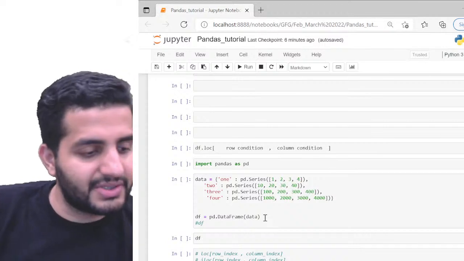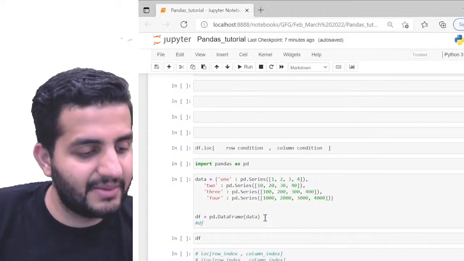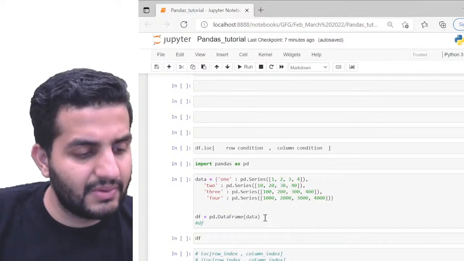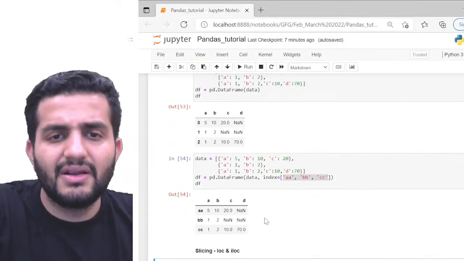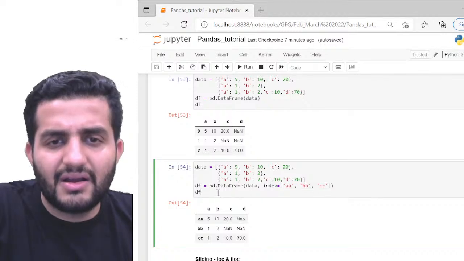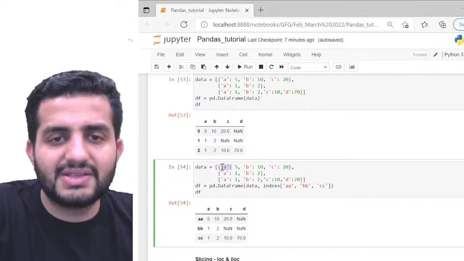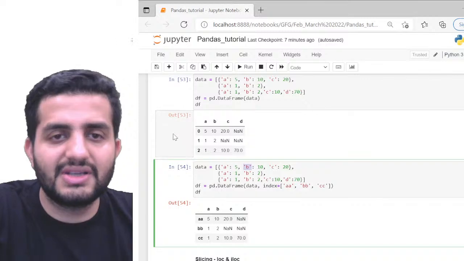Meanwhile, I have a question here from Akash. How does ABC become the header? Previously, we saw data as a variable like Tom, 10, and data as the data argument. So how does ABC become the header? You can see this, right? We have A, then B here, and then C here. I'm passing these A, B and C as my header, so these are my keys. This is a different example here.